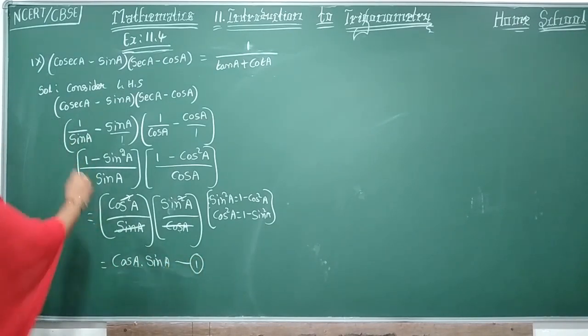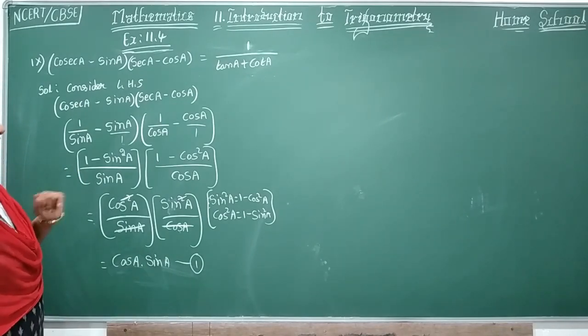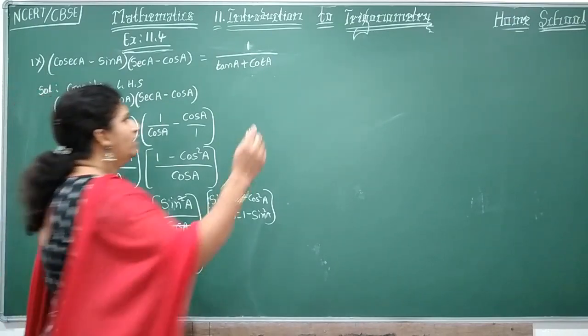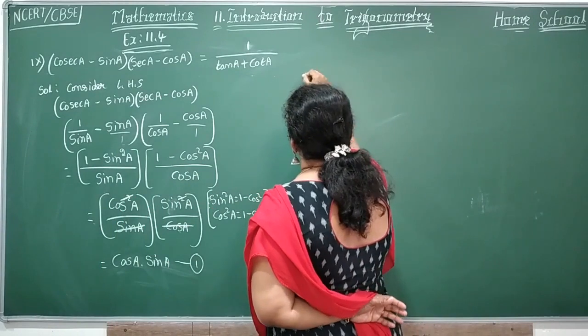So here what did I get? Cos A into sin A. Is that our RHS? No. So we need to consider RHS separately, and again we are going to solve here. So now